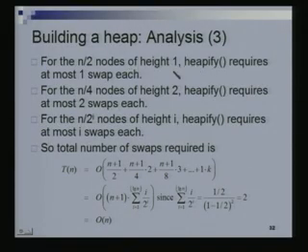So, this is what we said earlier. Although we are making n calls to the heapify procedure, most of the calls are being done on heaps which are very small. n by 2 calls are being done on heaps of height 1, n by 4 calls are being done on heaps of height 2. Since the time taken for heapify is proportional to the height of the tree on which it is called, much less time is being spent here than just saying n by 4 log n, which is a crude upper bound.